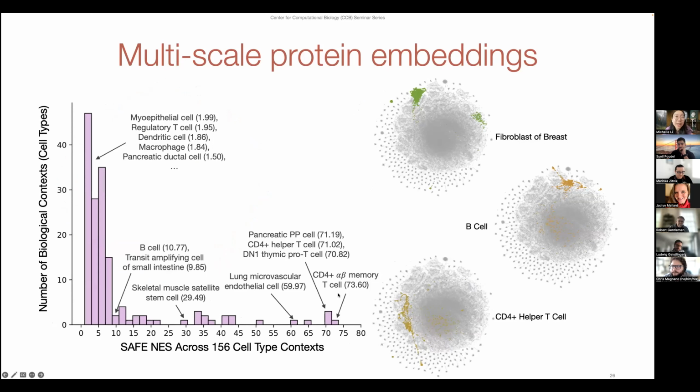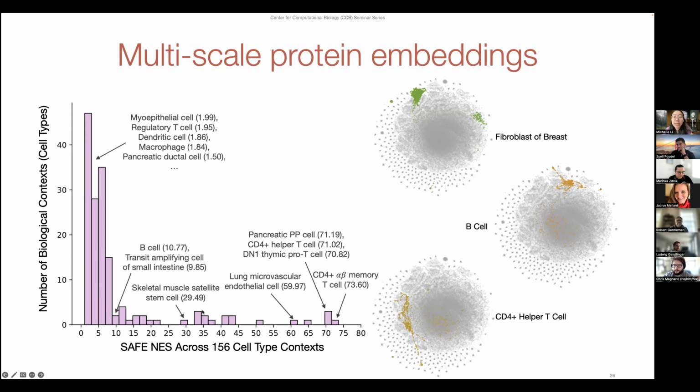And of course, we can't visually say that it looks like the regions are meaningful. Let's quantify this. So we use a spatial enrichment scoring algorithm called SAFE. And we show here the distribution of the neighborhood enrichment scores that are produced by this SAFE algorithm for each cell type context. And here, all of the 156 cell type contexts are statistically significant, as in we show that